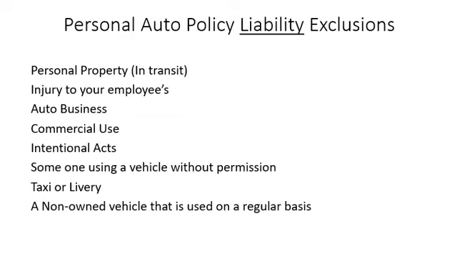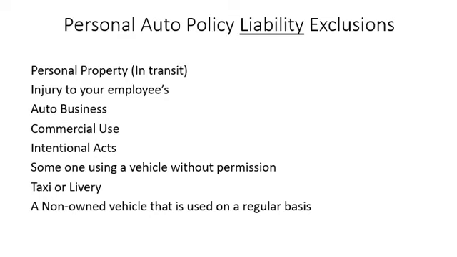So if you have liability insurance on your vehicle, just to explain that one a little bit more. If you have liability insurance on your vehicle and you have somebody, maybe your best friend, who you're letting use that vehicle Monday through Friday to go to classes for 2 hours, they're using it on a regular basis, right?